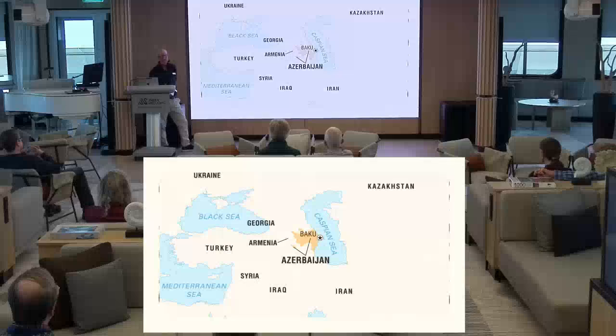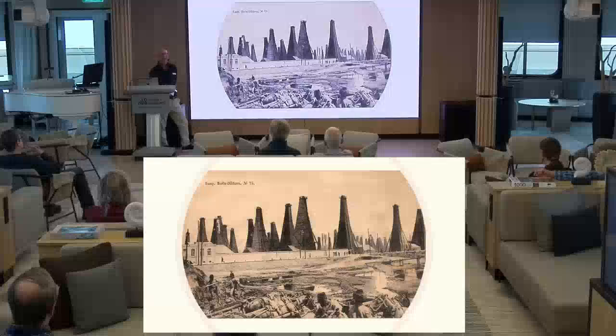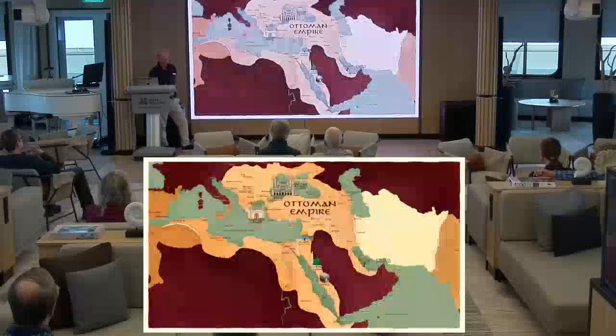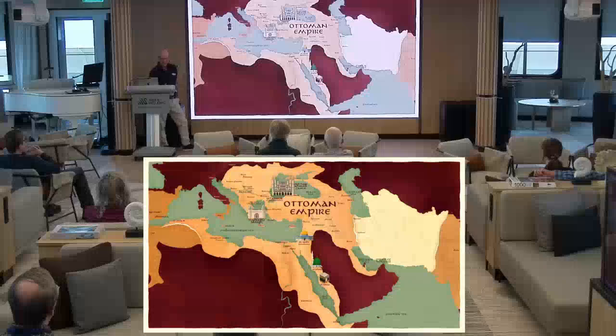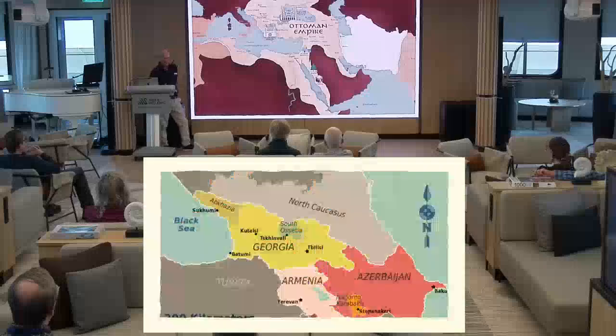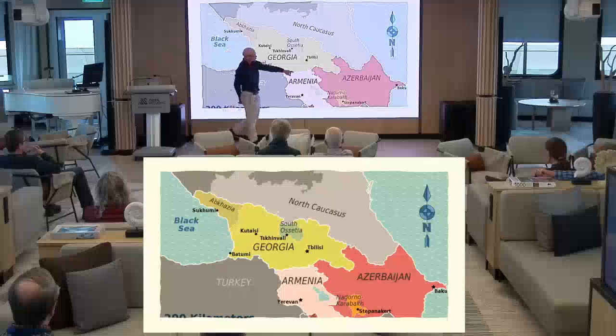But Tsarist Russia at this point in the early 20th century has seized control of the region, and importantly, the oil fields of Baku then become a tug of war with the Ottoman Empire, and eventually Tsarist Russia seizes control of the strategically important port city, or port town, I should say, of Batumi